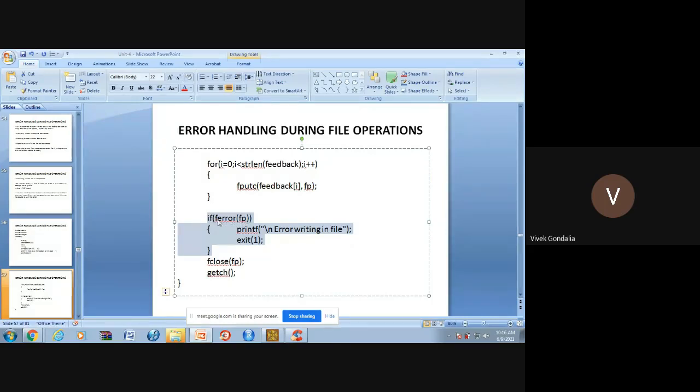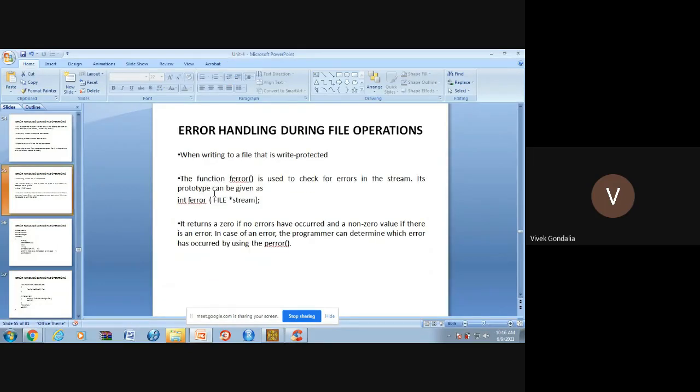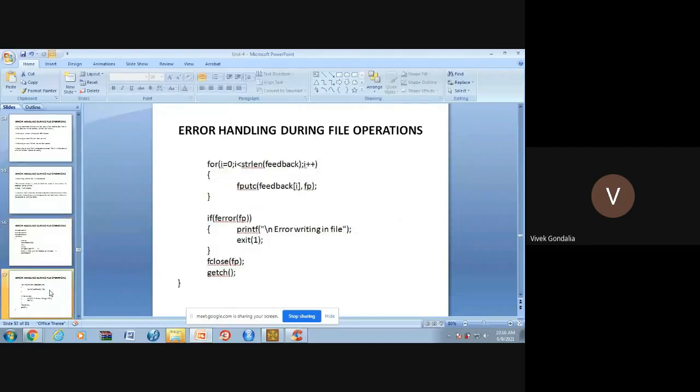So if ferror(fp), remember this thing, this function will return 0 if there is no error. So if it is 0, then there is no error in this. Clear? But if it is 1, then it will be 1.